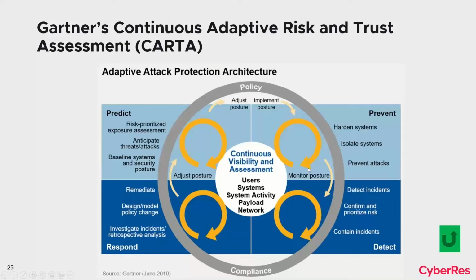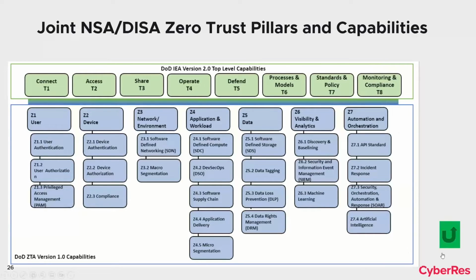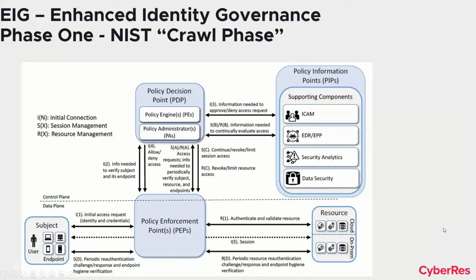They don't call it zero trust. They call it their continuous adaptive risk and trust assessment, or CARTA. And it's the same idea, right? We really want to have a living, breathing ecosystem that controls the ability of a user to get just to the data and the applications and the resources that they have to, and nothing more. So I won't go into all these, there's a million of them. But the upshot that I want to get to is this, and this is one of the things that NIST put out in their most recent document about how to implement a zero trust.